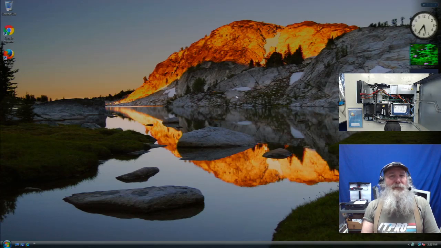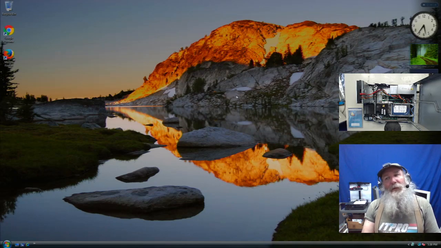Now, one of the first steps I want to do as well, and I think it requires a reboot, is to turn off UAC, User Account Control, on Windows Vista, or it's going to bug you to death. It's going to prompt you with all the dialogues. Do you want to continue? Do you want to continue? Do you want to go to the next page? So I'll go through the steps for that,